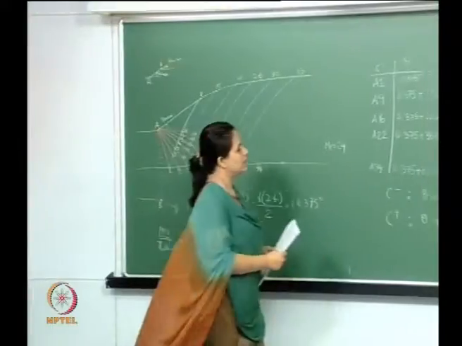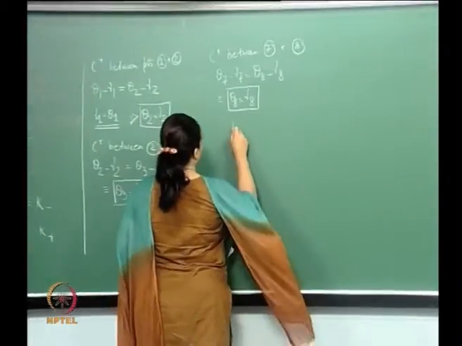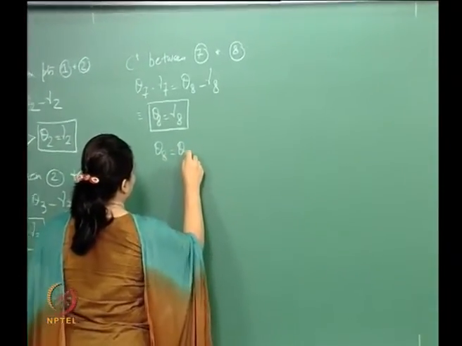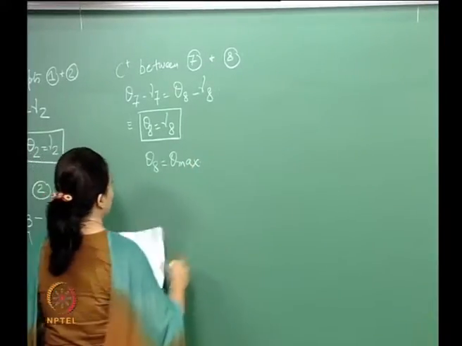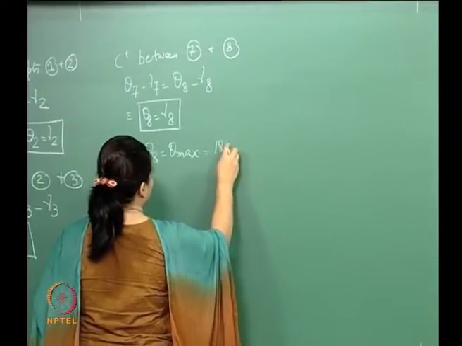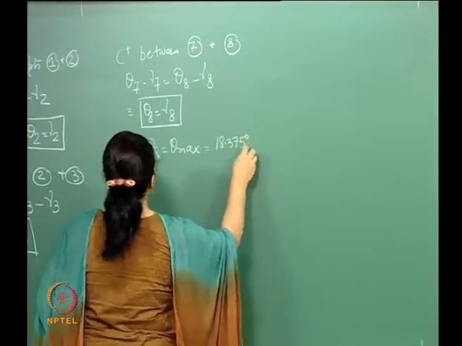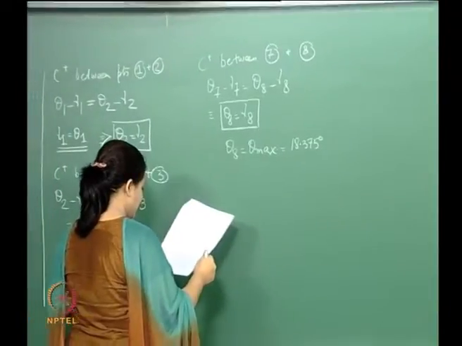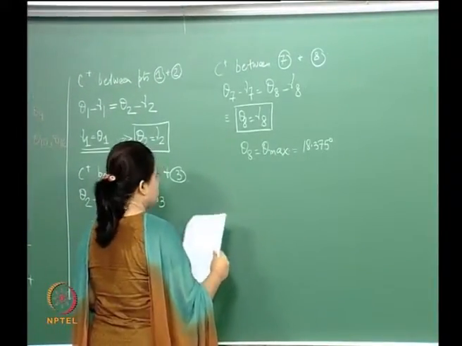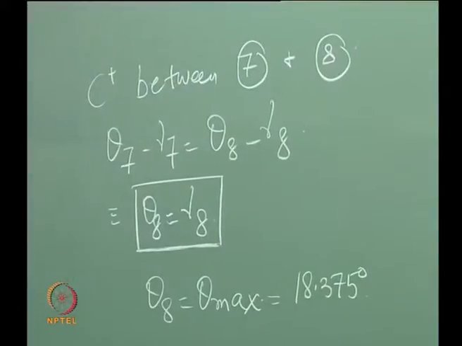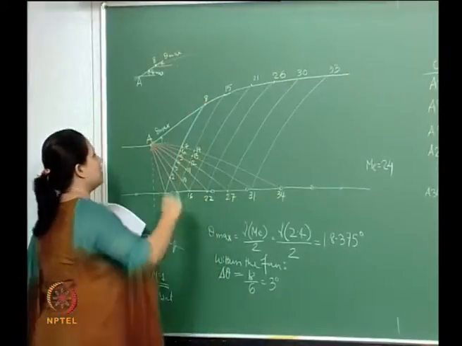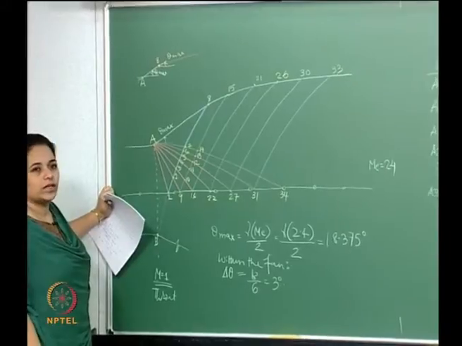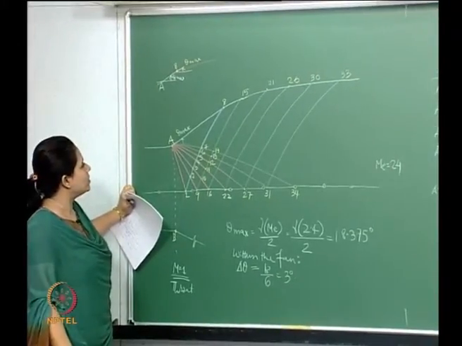So let us say that theta max is 18.3375. Now if I do that, what we will need to do is to locate this point 8. We will need to locate this point 8. So what we will do is we will just